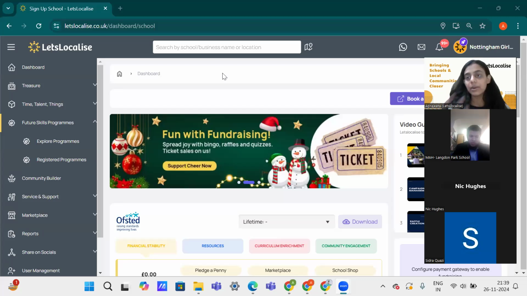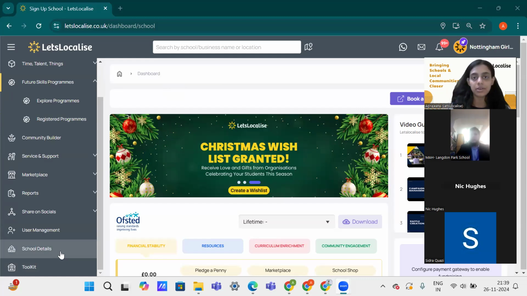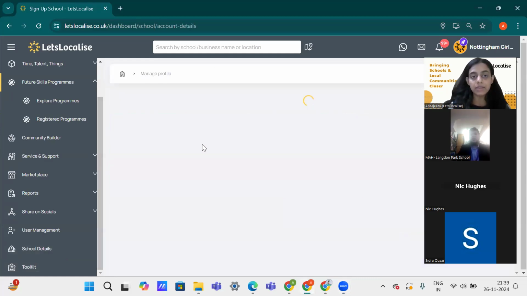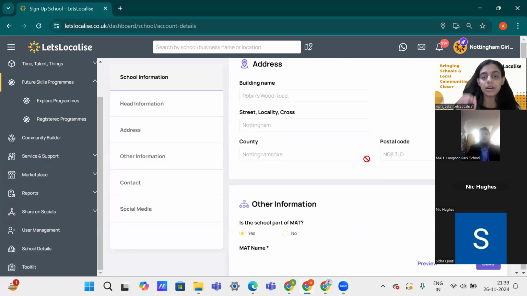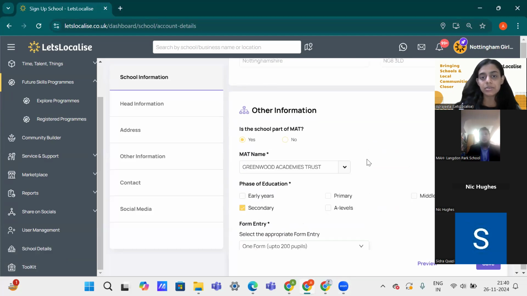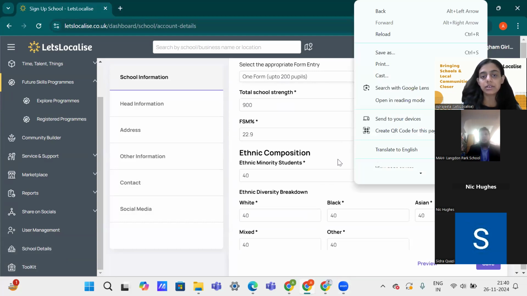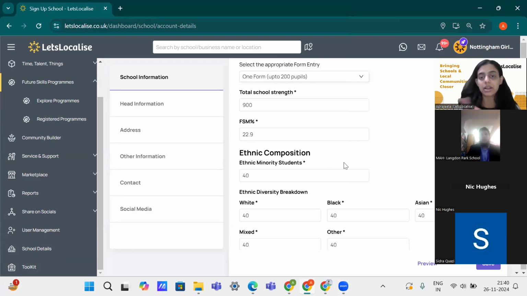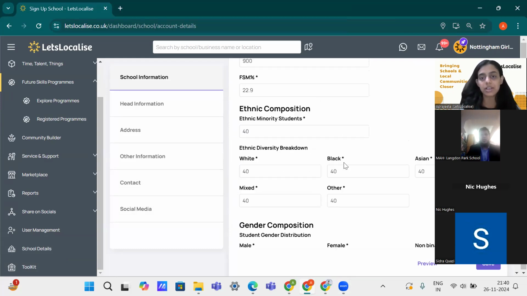Firstly, when you log into your platform, you will see a restriction in place on accessing your account. The reason is that we have added a new requirement that all schools fill in school details related to ethnic composition, that is the number of minority students, ethnic diversity, and all the questions related to that.